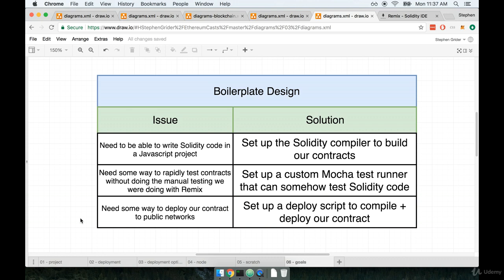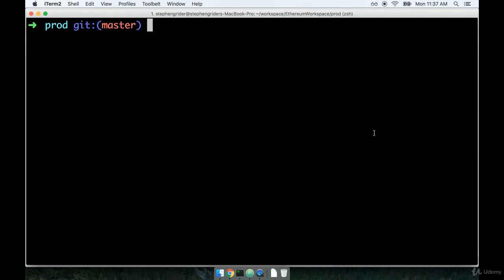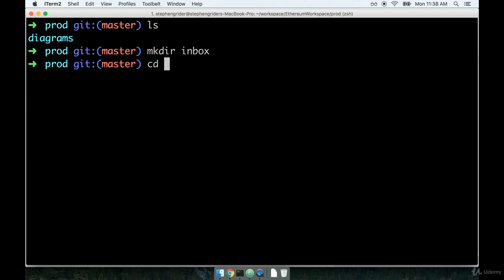Now for the very last step, before we get started, we're going to flip back over to our terminal, and we're going to generate a new project that we can work with. So I'm going to flip back over to my terminal over here. I'm going to create a new project directory, and that's where we're going to place all the code that's going to work with our contract, compile, deploy, all this stuff. So on my terminal, I'm going to make a new directory, and we'll call it, how about simply inbox? And then we'll change into inbox, and then finally we will generate a new node project by running the command